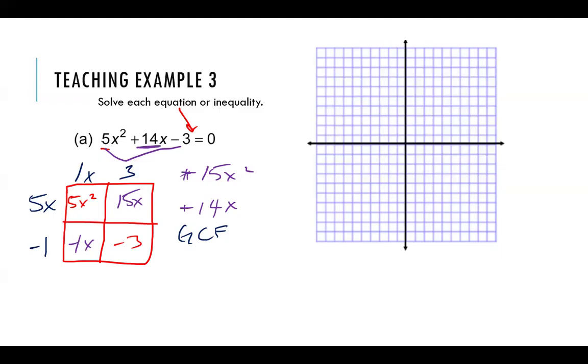Does that make sense? So as I do a mental check to make sure I did it correctly, I have 5x times 1x. Does that make 5x squared? Yes. I have 5x times 3. Does that make 15x? Yes. I have 1x times -1. Does that make -1x? Yes. I have 3 times -1. Does that make -3? Yes. So you can check your box work, which is why a lot of times the box